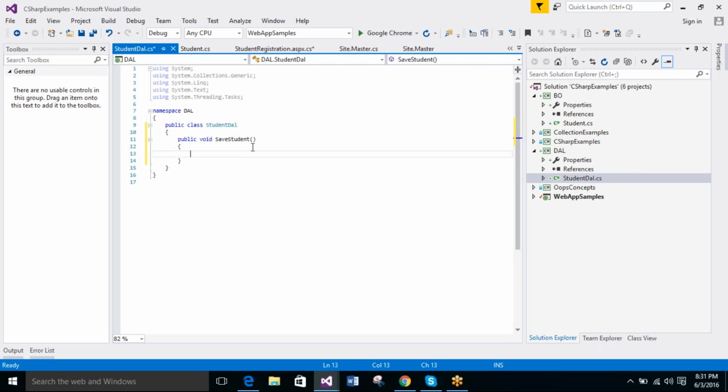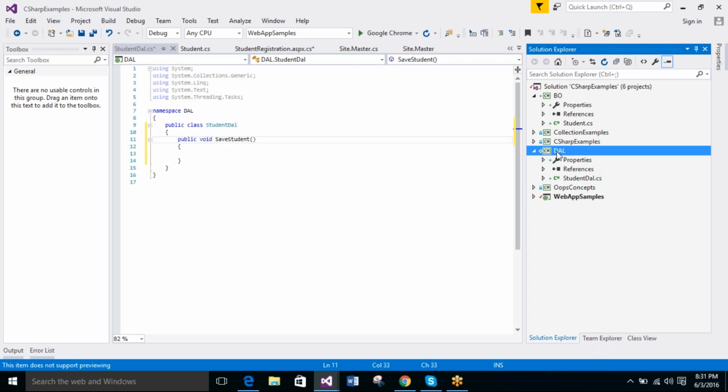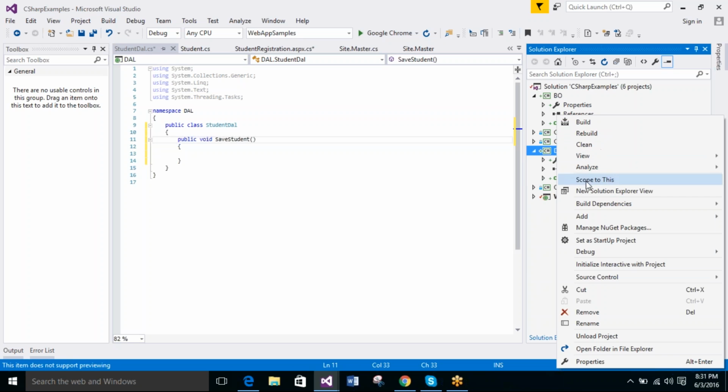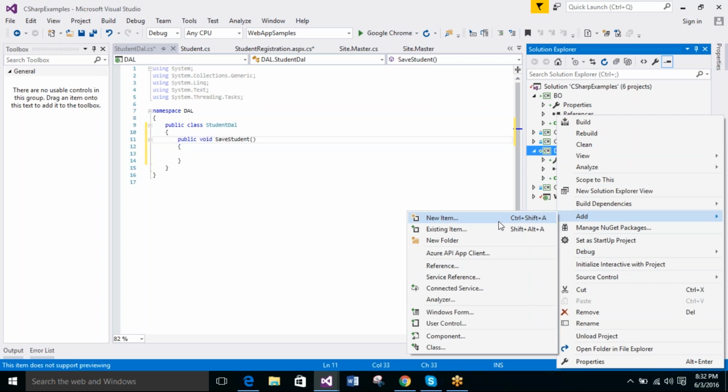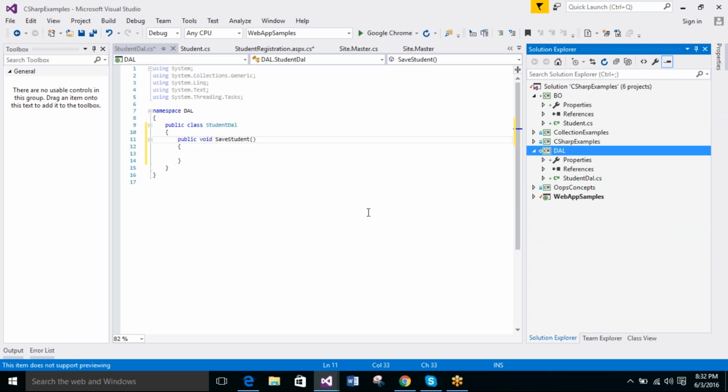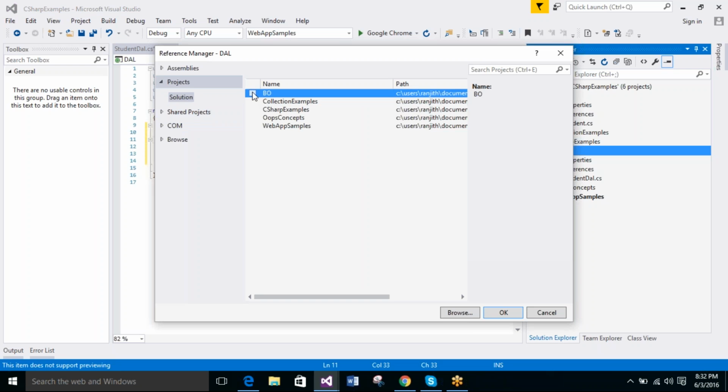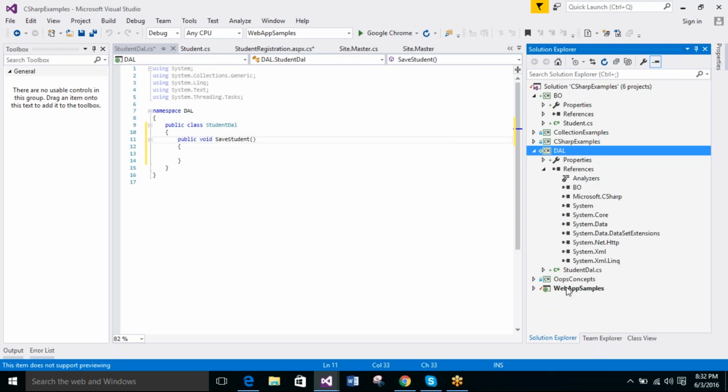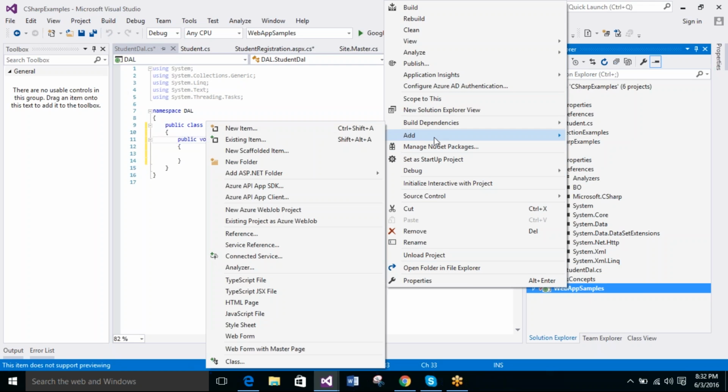Okay, so on this student data access layer, it is a class, right? This class will have one method and which will expect a parameter for this method as the whole business object with student. So to accomplish that we need to give a reference to this data access layer again with Vivo, right? So I need to go and add another reference. Okay, so it should be Vivo here. It is done. At the same time, my web project also should have a reference to this data access layer,